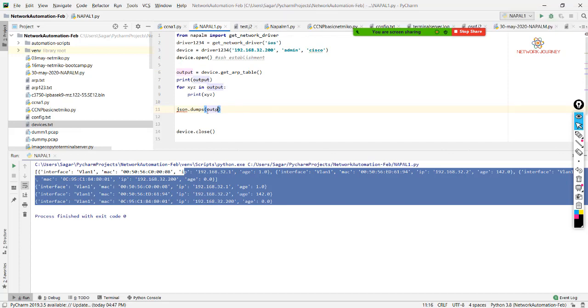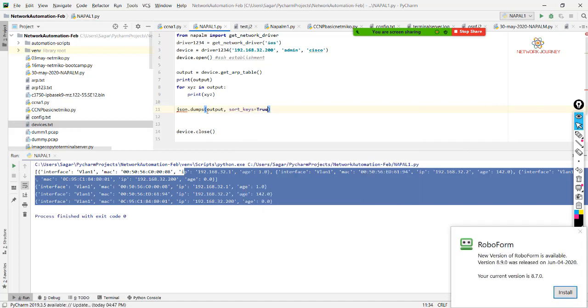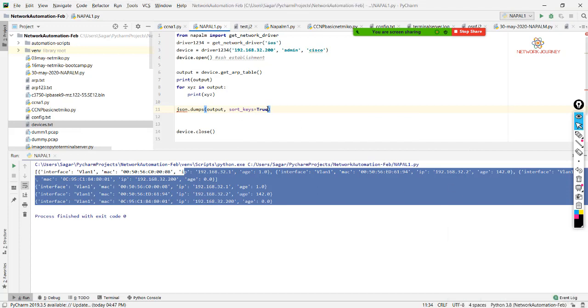Okay, so I can also show you writing here output. This will support various features like sorted keys. I'll tell you what sorted keys is going to do. It's also going to support indentation. It's called indent. I say four spaces. Okay, and I'll print this. So what am I going to print?